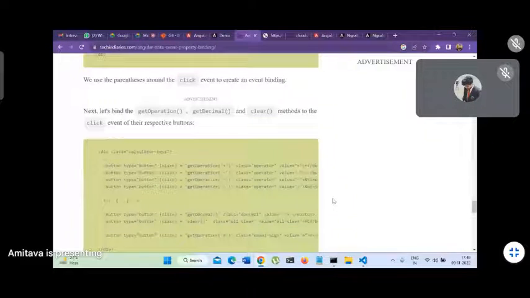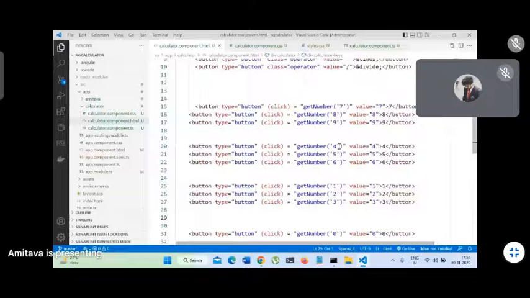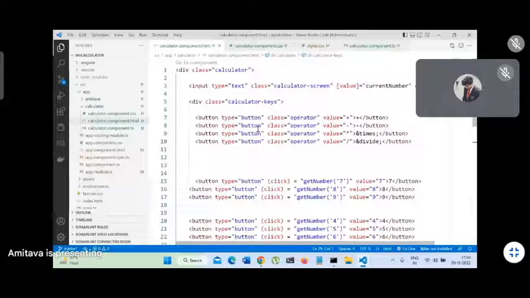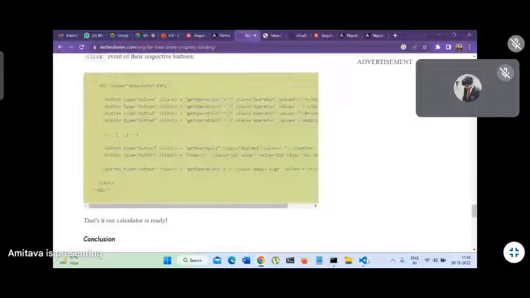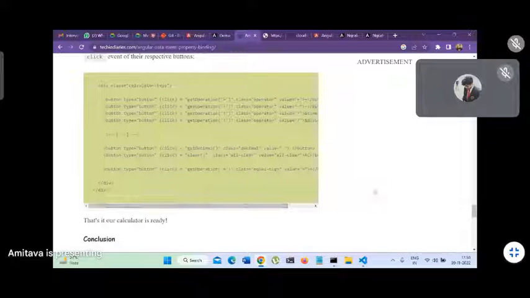So let us see, and let's bind the get operation methods to the click event of the respective buttons. Okay, तो हम लोगों का भी बटन का जो है, हम लोगों ने बटन को टच नहीं किया था. बटन मतलब गाइस ये आपका 4 ठो बटन था ना. बटन नहीं, सारे बटन है, लेकिन it is now calling it with what? Plus minus multiplication division. It is now calling with this plus minus and all. So guys, now what we need to do now,